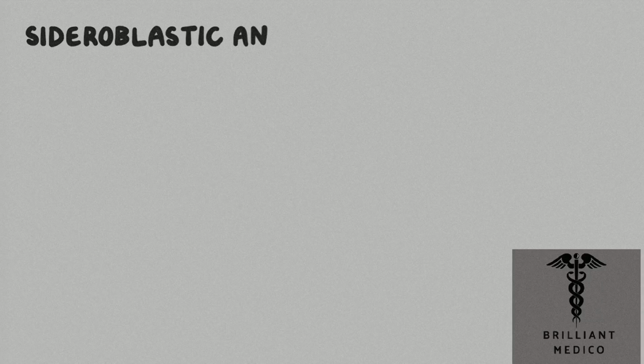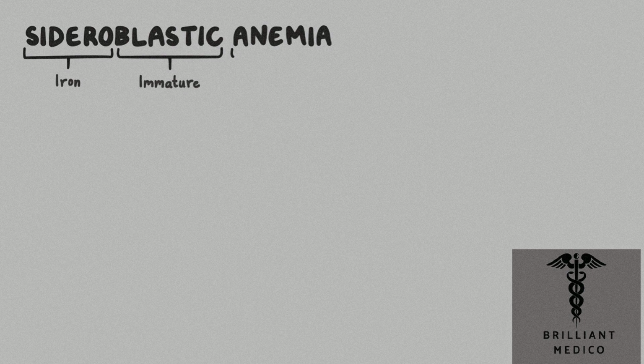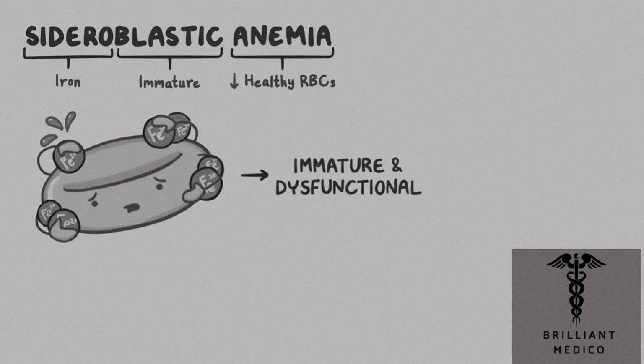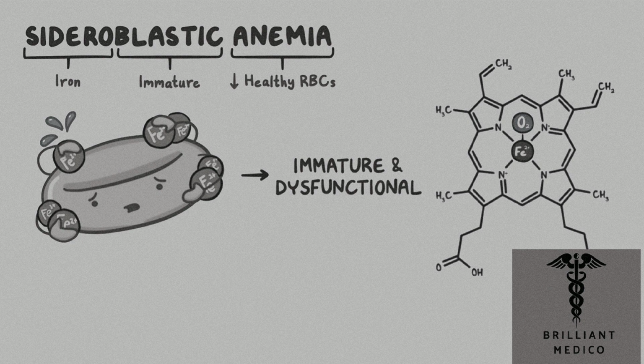With sideroblastic anemia, sidero means iron and blastic means immature. And anemia refers to a condition where there's a decrease in the number of healthy red blood cells, or RBCs, in the body. So sideroblastic anemia is a type of blood disorder where there's a buildup of iron in the RBCs in the body, causing them to be immature and dysfunctional. This buildup occurs because these RBCs are unable to incorporate iron into hemoglobin, which is necessary for RBCs to transport